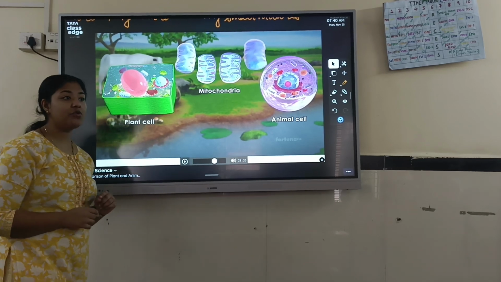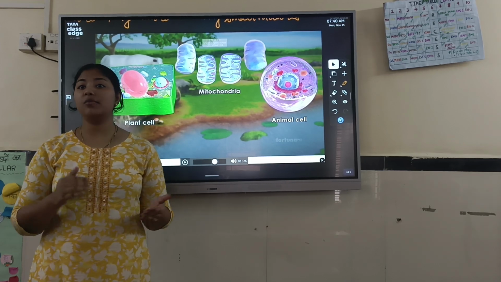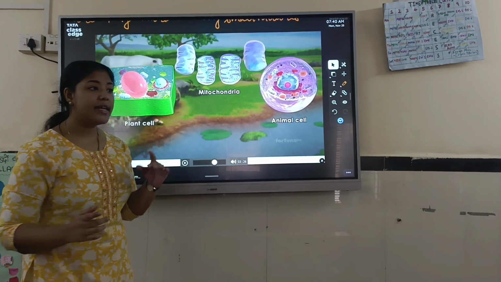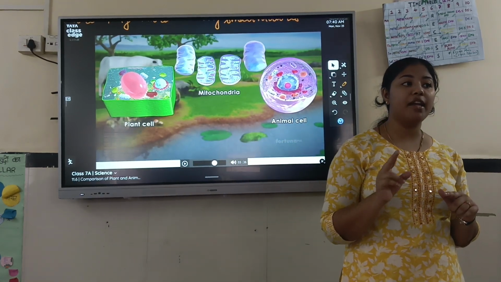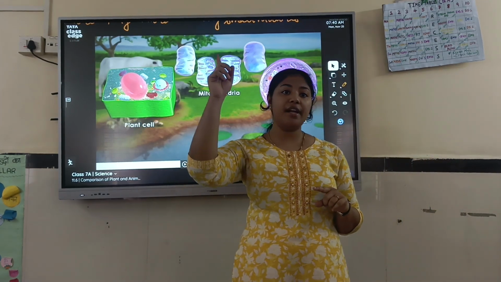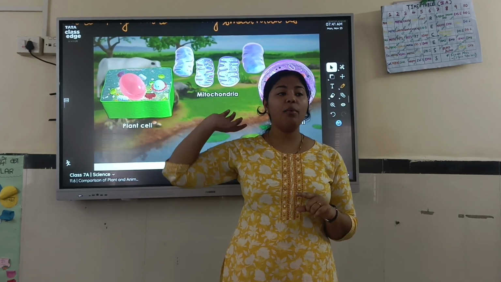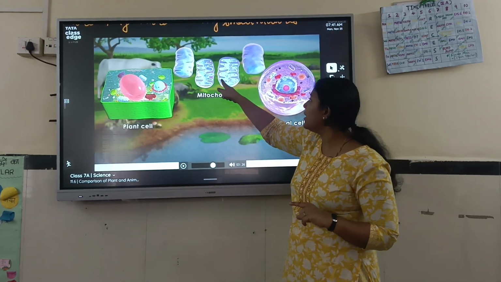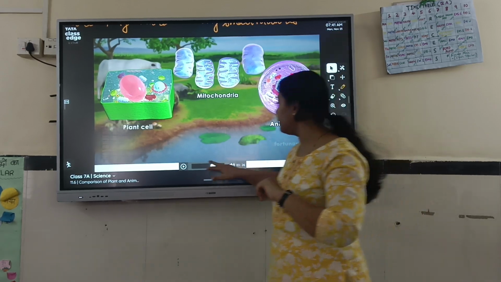So the next organelle which we have is known as the mitochondria. Again, mitochondria is present both in plant cell as well as the animal cell. Now, what is it telling us about the structure of the mitochondria? It is double membrane, which means what? How many layers will it have? Two membranes. So initially we had nucleus, okay, we had nuclear membrane which was porous in nature. Now we have mitochondria and it is double membrane. Can you see the two lines here indicating it is double membrane for the mitochondria.